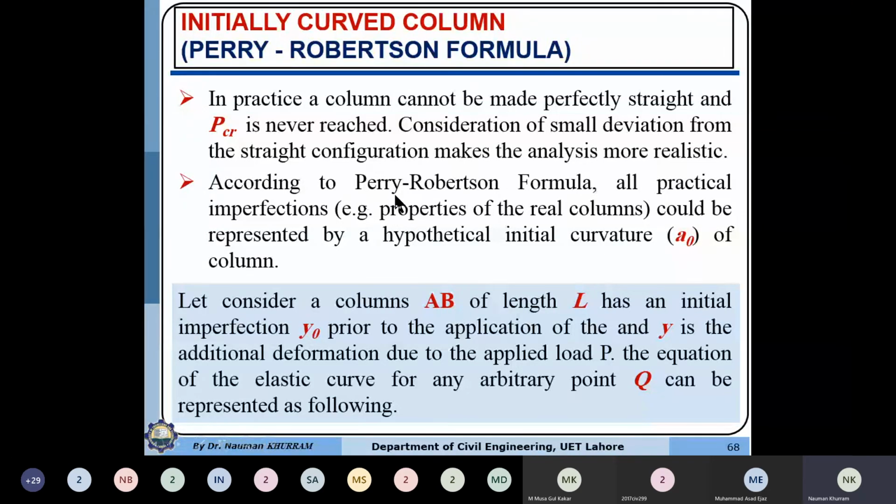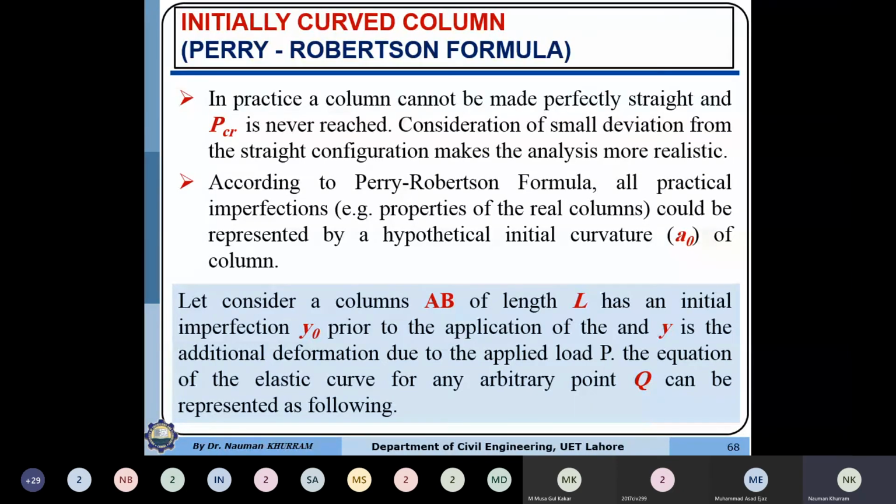According to the Perry-Robertson formula, all practical imperfection properties of a real column can be represented by a hypothetical initial curvature or initial imperfection A naught. It means that if an eccentric load is reducing the capacity by 20% and out of plane deformation is also reducing the capacity by 10%,